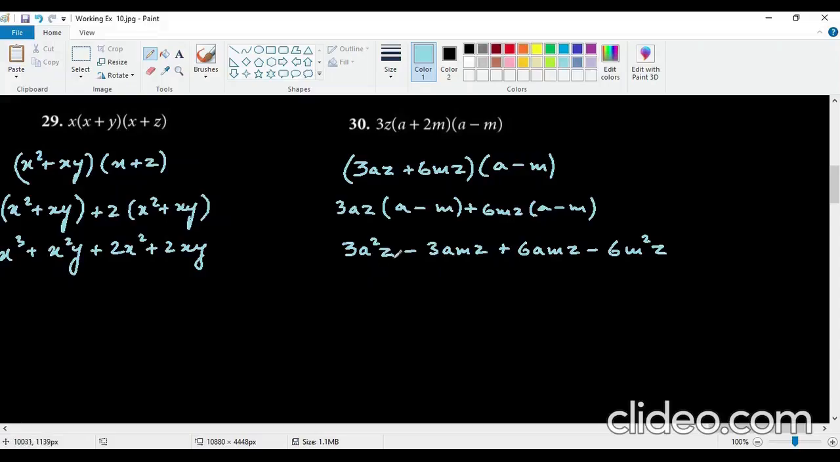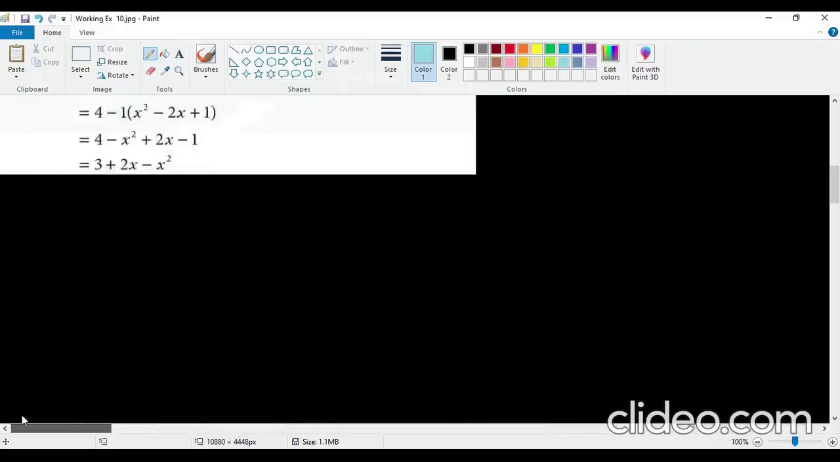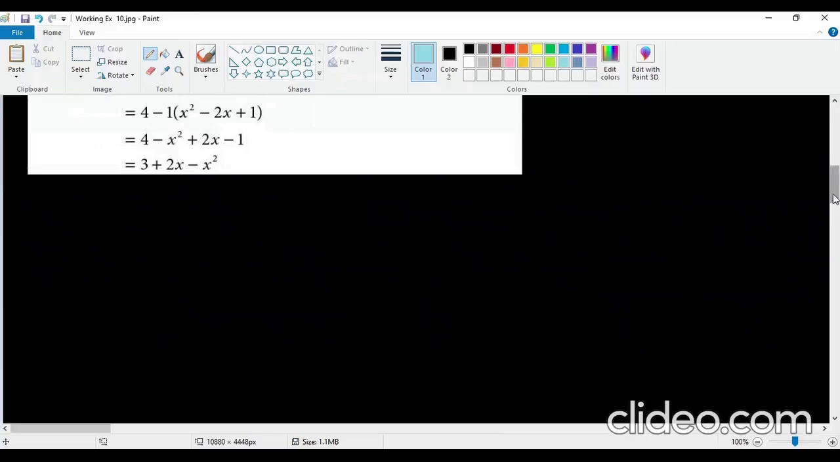Now here you can see there are two like terms, the middle ones, and the corner ones are not like terms, so I will write this way: plus 6amz minus 3amz is going to give me a plus 3amz minus 6m square z is going to be the final answer for this question. And this was the last question of this exercise, just to give you a brief idea about something extremely important